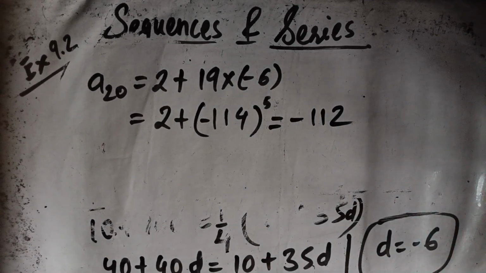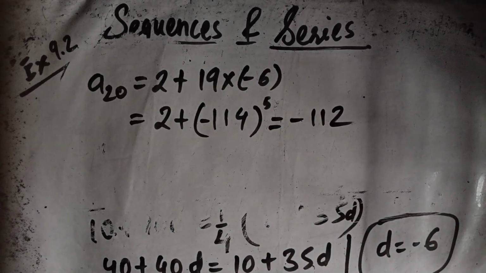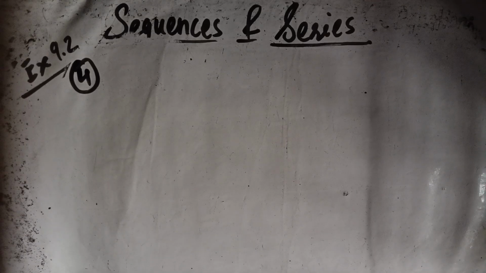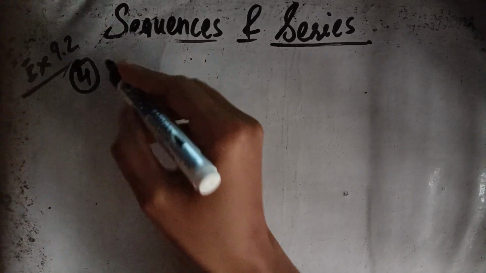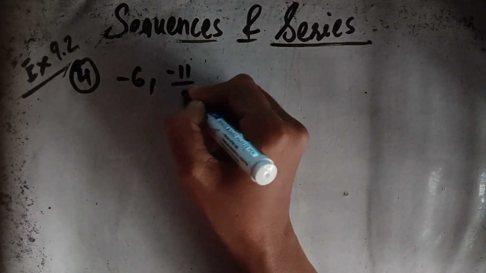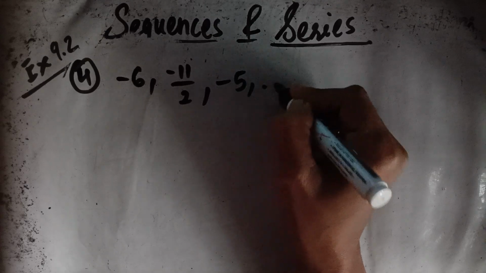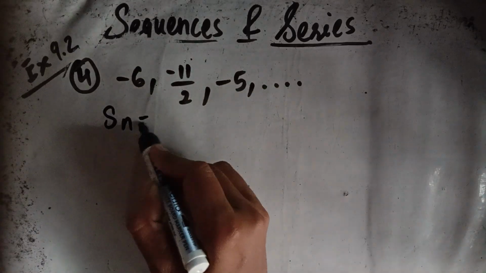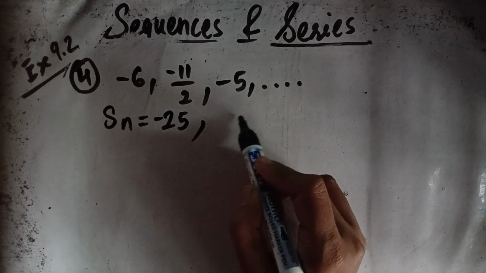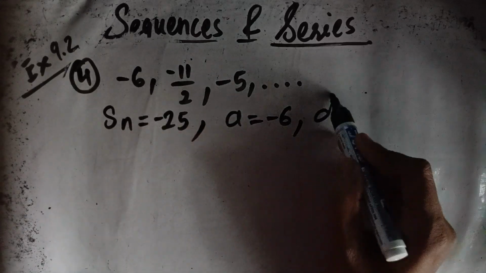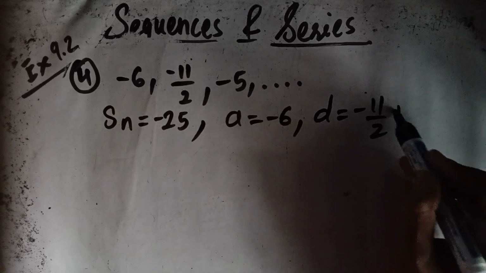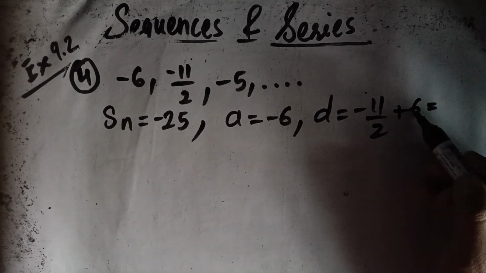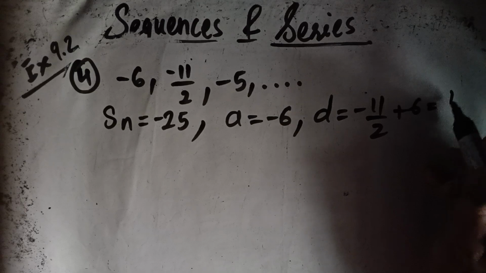Okay. So minus 112. Question number 4. How many terms of the AP minus 6, minus 11 by 2, minus 5 and so on are needed to give the sum minus 25? So here the sum is given, that is Sn is given. And a is minus 6. What about d? d is minus 11 by 2 plus 6. So 12 minus 11, 1